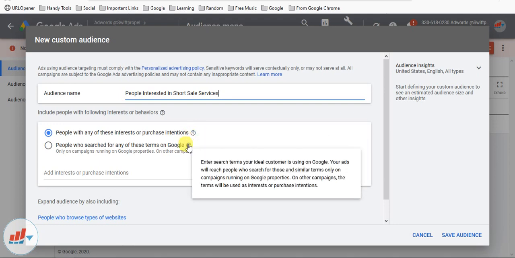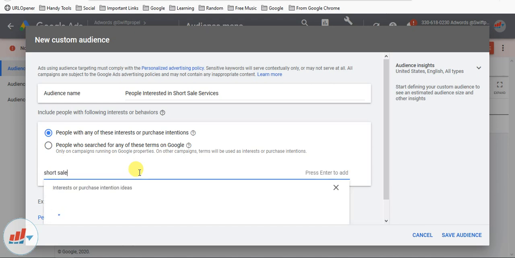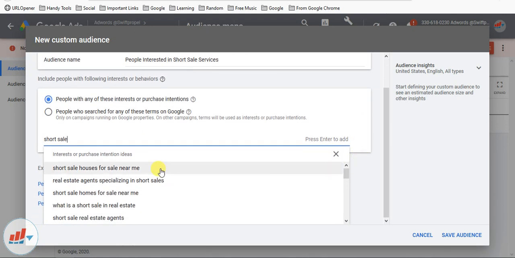You can select any of these options. I'll select the first option only, and now I'll try to find the keywords which my target audience would be using, or the interests that they have. So I'm writing here short sale. Google is giving me different interests that are shown by people.